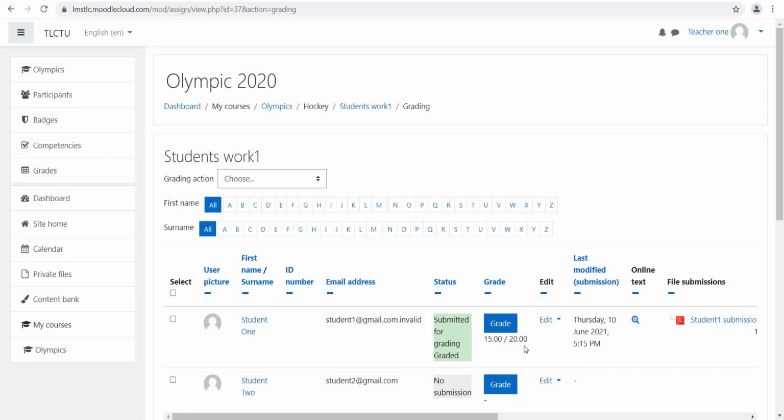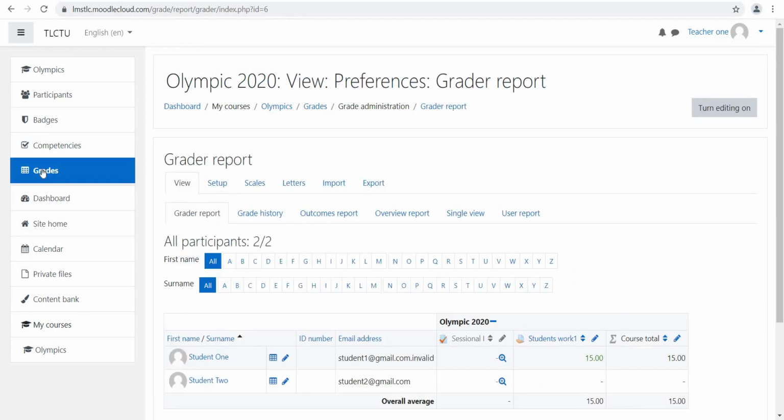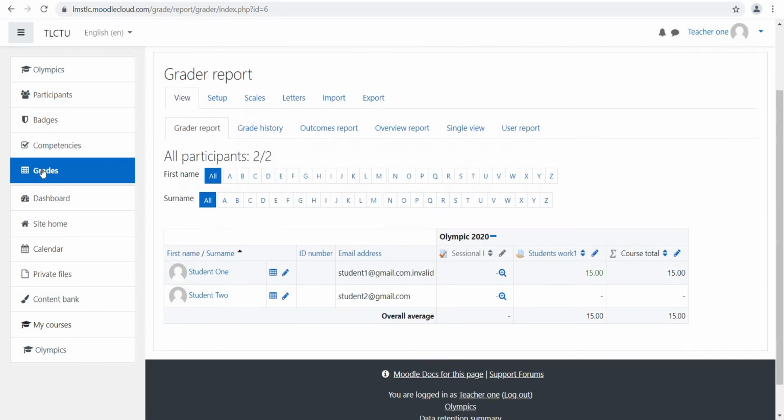In this way we can receive assignments from the students, and these assignments can be graded by the teacher. All these grades from assignments as well as the quiz shall be reflected in the grade book of the course. For this purpose, we have to click this grades drawer. If we click this grades drawer, then we shall see the grades received by the students.